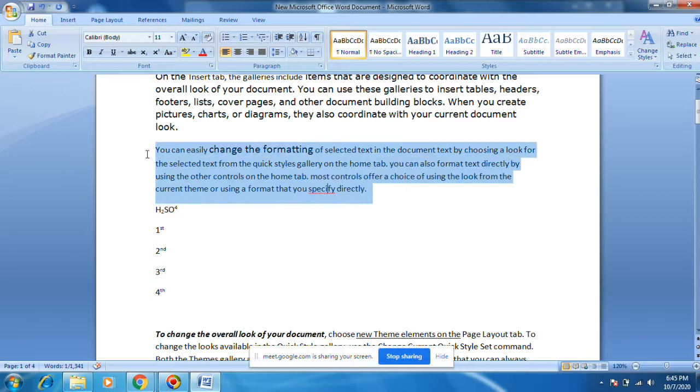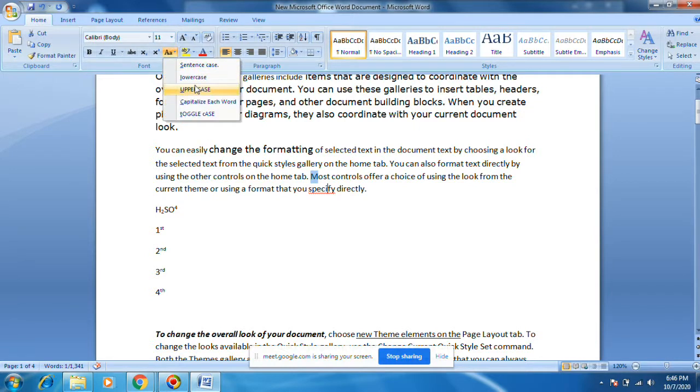Let's see how it is. You can put sentence case. You see, Y came in caps and then M came in caps. This is called sentence case. Uppercase, lowercase, sentence case. Capitalize each word. First C capitalize, A capitalize, first one. You want to capitalize.